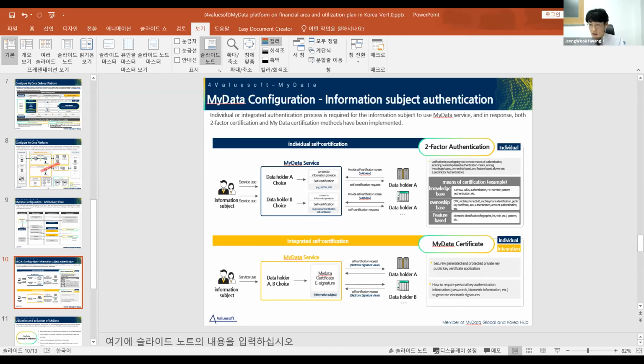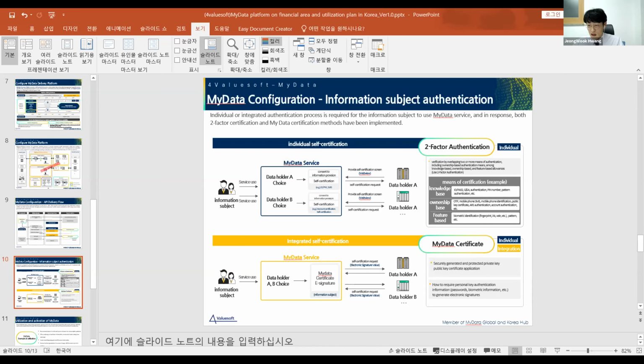Individual certification shall be a two-factor authentication method that verifies at least two of the means among knowledge verification, ownership verification, and feature verification. The data holder is free to choose the authentication method.